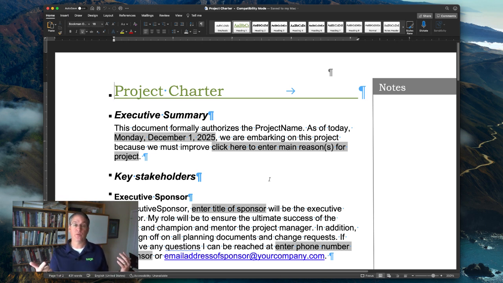Should we do this? Yes, we should. If you have clear and convincing evidence, at least in your mind, you can skip over those two and go directly here to the project charter. So what's the main reason? Why are we doing this? That's what we're putting in the executive summary.